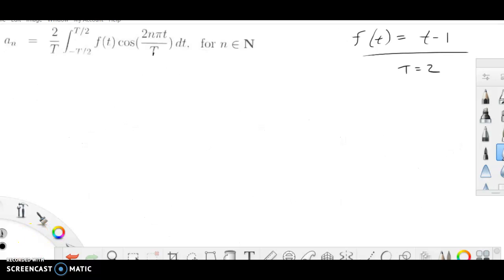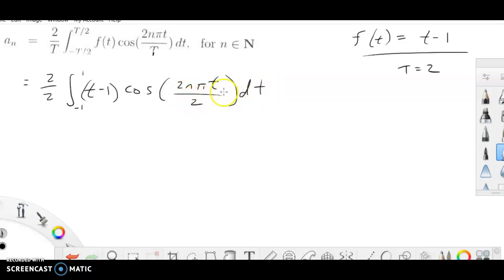Now we're going to look at our second coefficient, an, a sub n. For us, the big T is 2, so that's going to be 2 over 2, which gives us 1, and we get minus 1 down here. f of t is t minus 1 times the cosine of 2n pi t over big T, which is 2, dt. Now, these 2's will cancel out, so we're going to be left with the integral from minus 1 to 1 of t minus 1 times cosine